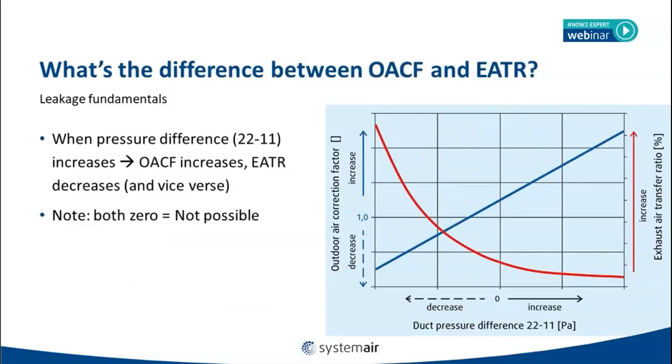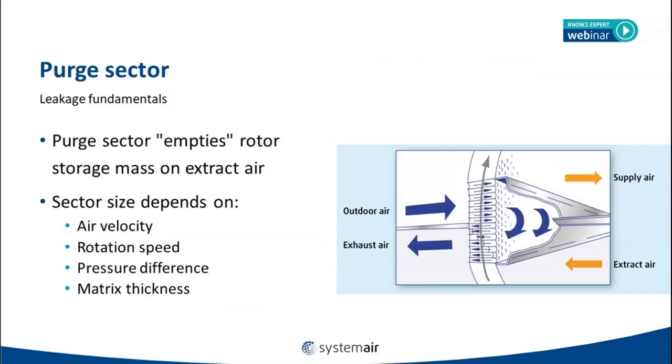In this diagram, you can follow the relation between OACF and EATR. When pressure difference 22 minus 11 increases, the OACF increases and the EATR decreases. It is not possible to reach 0 on both leakages. The purge sector function is to empty the rotor storage mats on extract air, and the purge sector size depends on